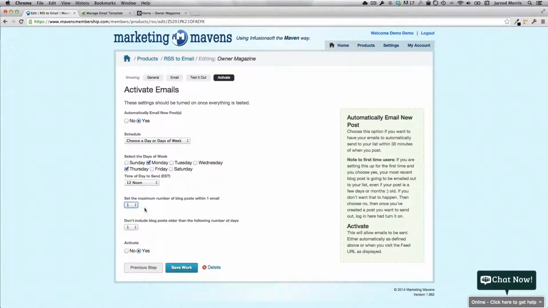Maybe they wanted less. So you determine. And what will happen with the loop, so you know, if you publish a post on Sunday and it goes out via Maven RSS email, you've got a digest configured, you publish it, you just happen to publish before the digest is scheduled. And let's say you publish 5 blog posts